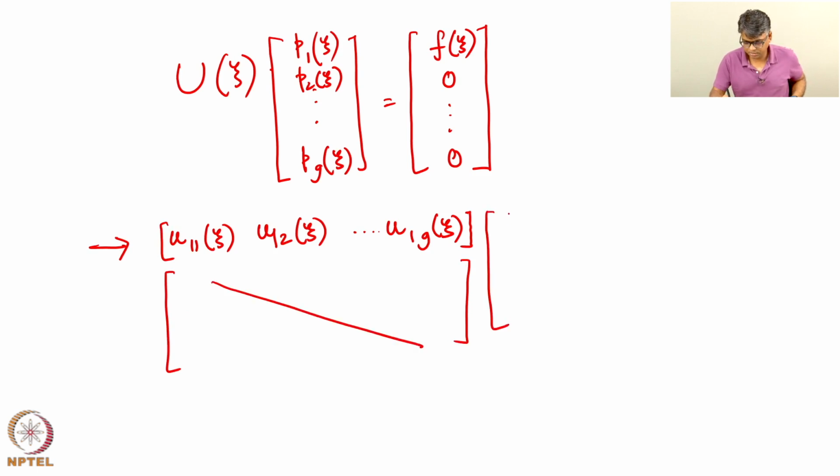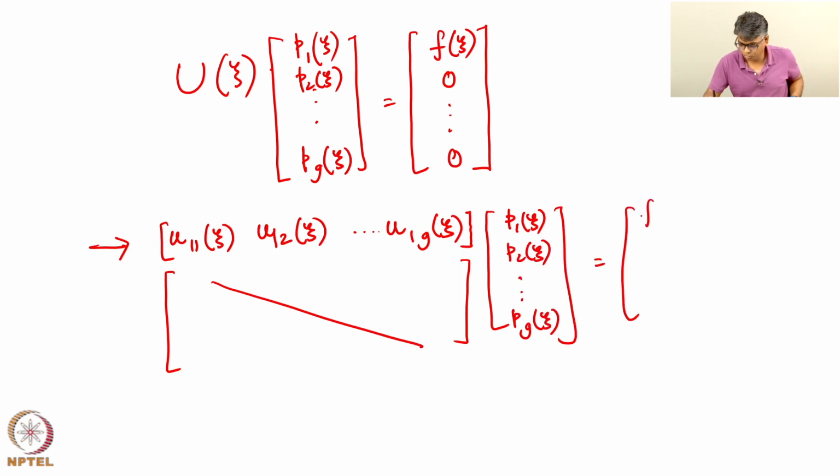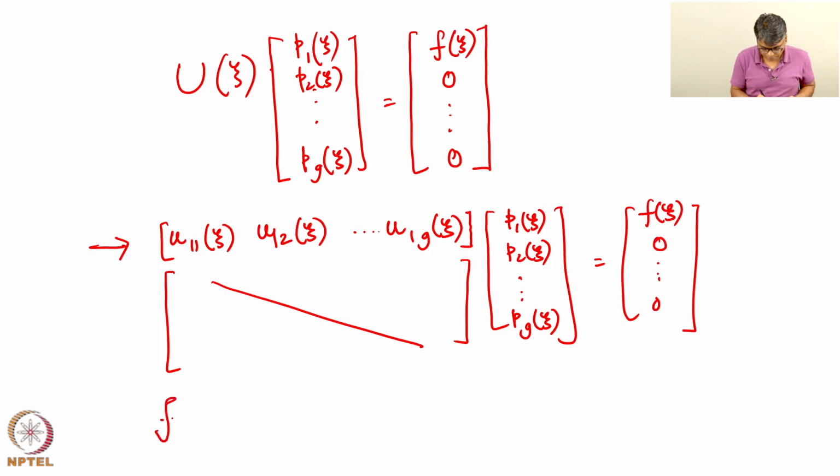But this is important for us because what we know now from this is the fact that this is equal to f xi and all zeros. So when we do this first row, the product with the first row, that's like a dot product, that must be equal to f. So f xi then is equal to a linear combination of the given set of polynomials